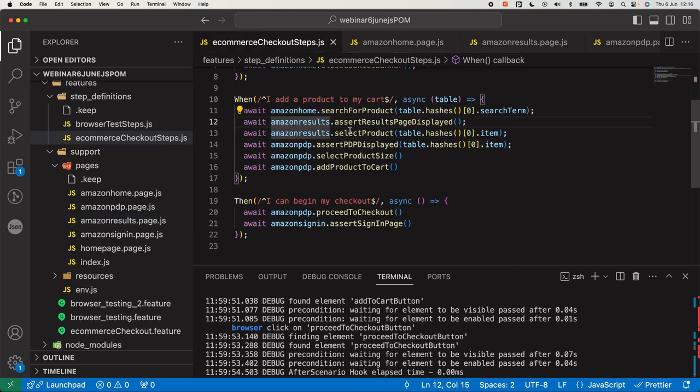Okay, so just coming back to our checkout steps, we did two things. On the results page, we were asserting that that results page was displayed, and then we were selecting a product. Okay, now you probably see here that we're also working with another argument in a different format as well. So if I come back to my feature level,